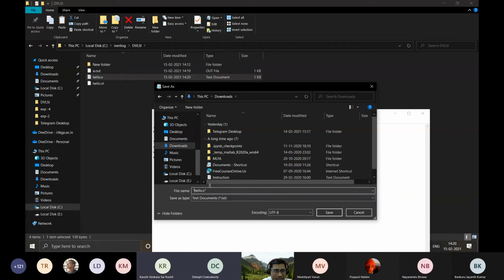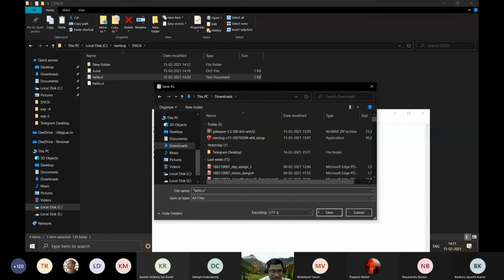Or else also, you can use save as type as all files instead of text documents. Okay, you select save as all files. Now shall I save this, sir? You save it as all files instead of text file. Okay, so what is this encoding?